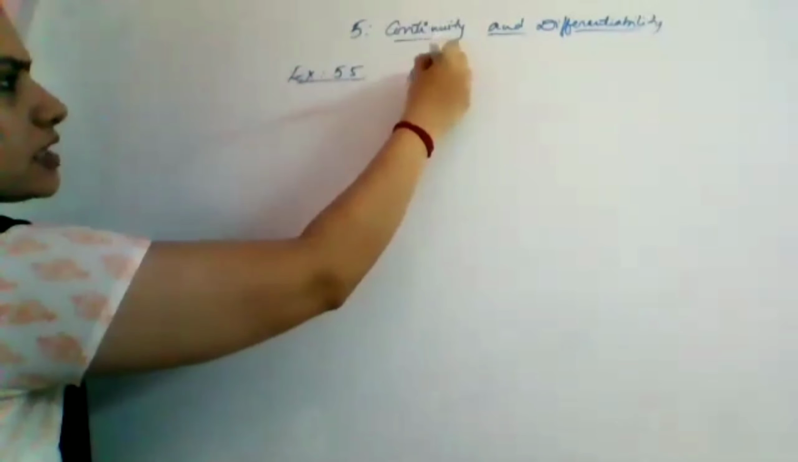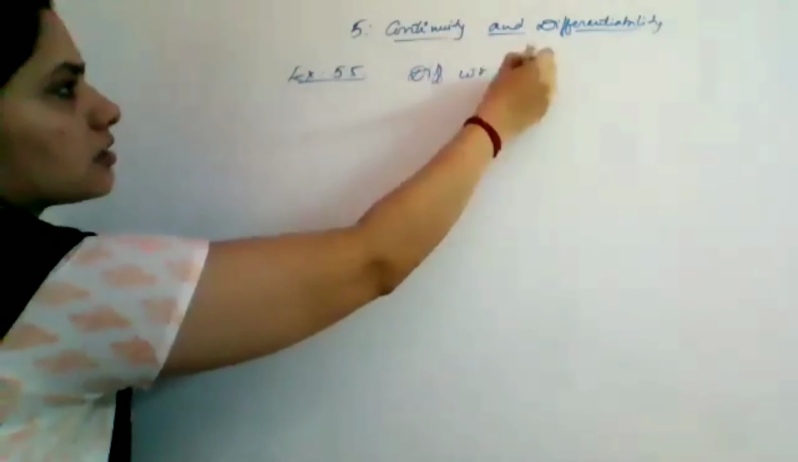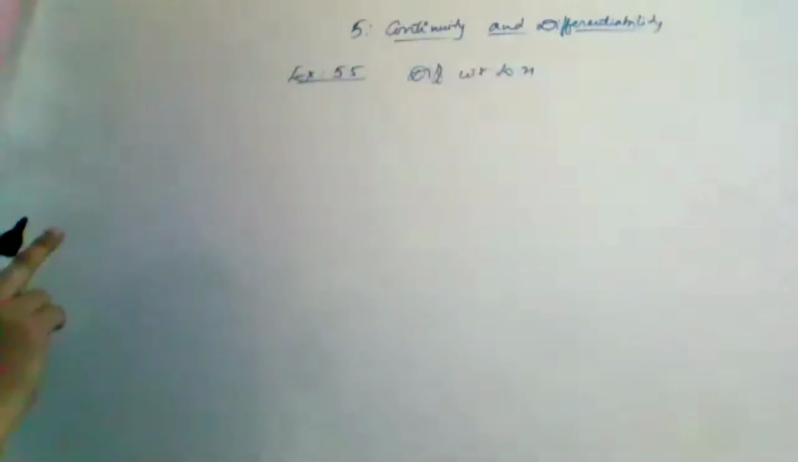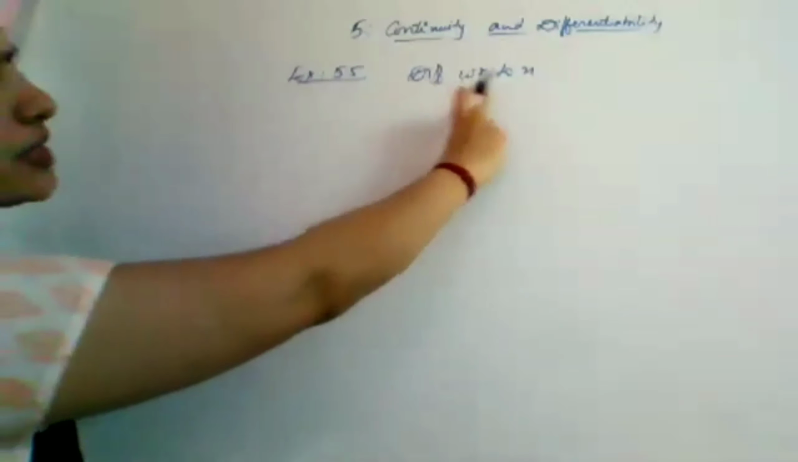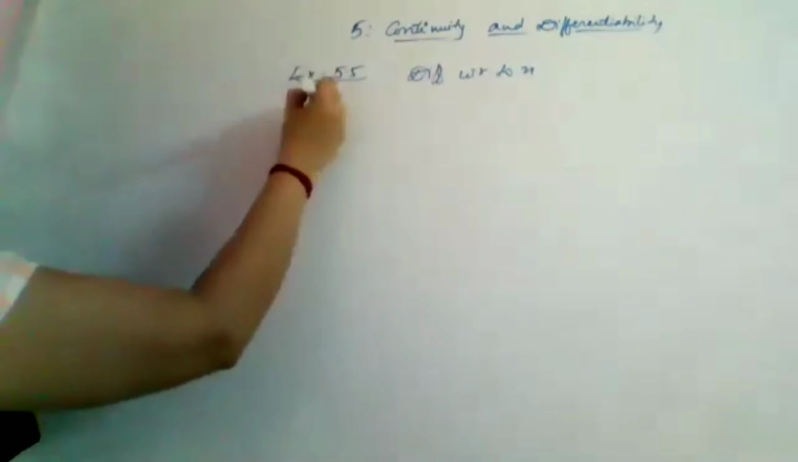We have to start exercise 5.5. Differentiate the following with respect to x. Since I have already told you, the question will be differentiate with respect to x. You have to think whether you have to use the direct method or the logarithmic differentiation method. Okay. First question is